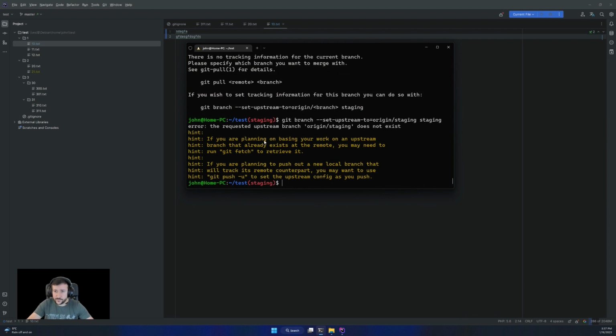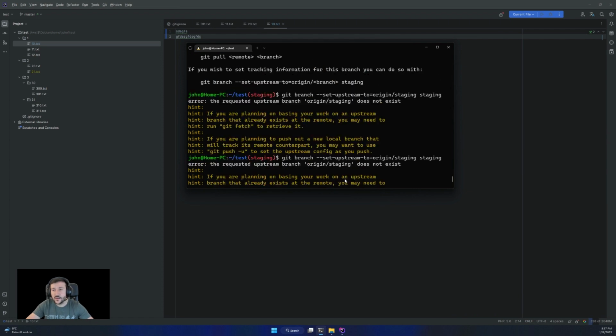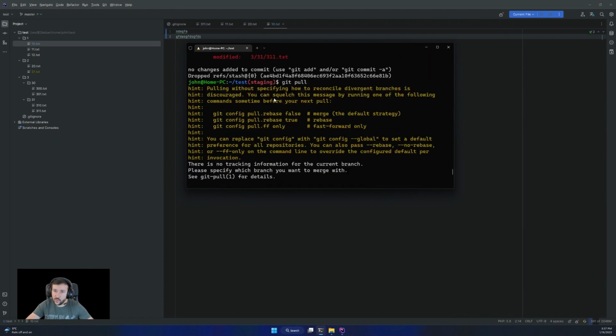Okay, so git branch. Okay. Oh, I need to push with the -u to set up the stream. Yeah. Doesn't matter. I want to talk about this config and why it's showing me the pull